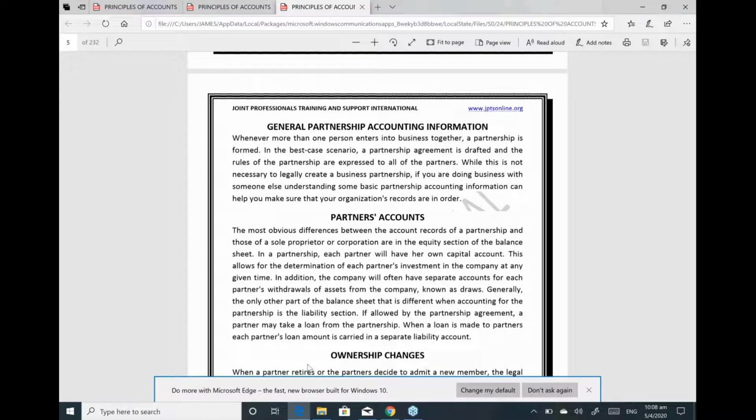So we are looking at closing all revenue accounts to income summary, then closing all expense accounts to income summary, then closing income summary by allocating each partner's share of net income or loss to the individual account. Then through that profit and loss account, we are going to have the appropriation account. The appropriation account is where you have your inventories.